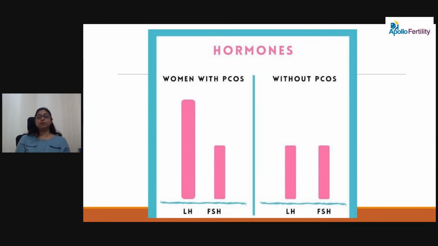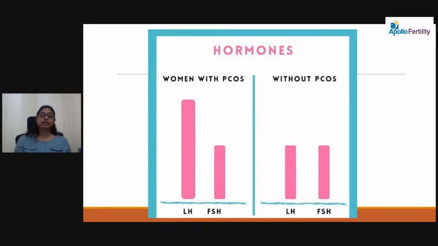Now coming to how it impacts fertility. It has an impact on the hormones. It causes the imbalance which I told you about earlier. From the brain, two hormones are secreted which are responsible for the growth of the eggs inside the follicles. A follicle is the fluid-filled bag in which eggs are there. During a menstrual cycle, the eggs are maturing. Every month one egg matures, and when it's mature enough, the egg is released.